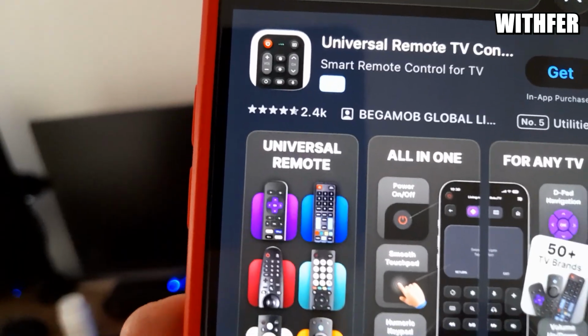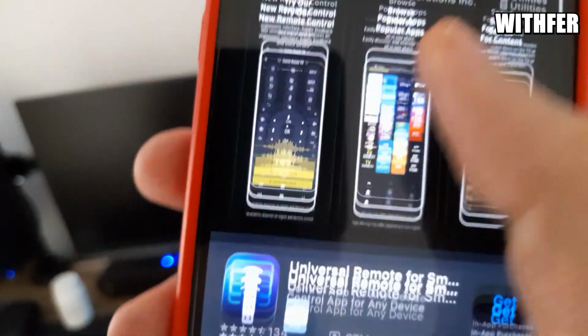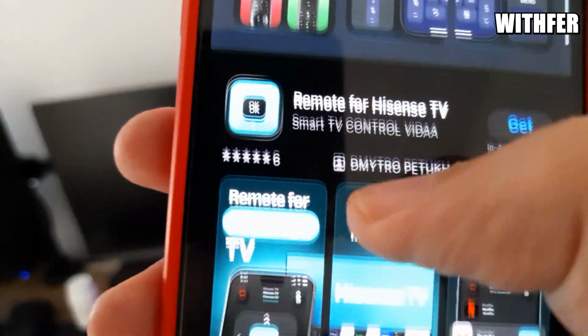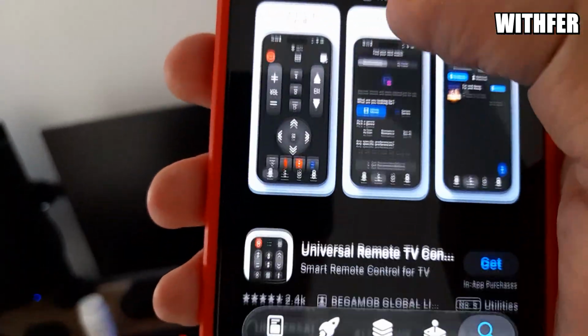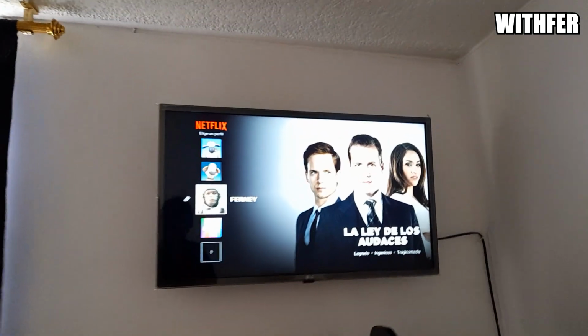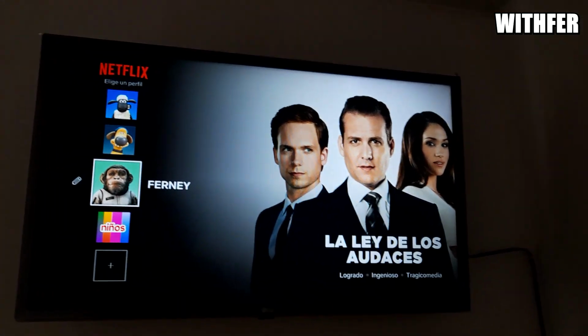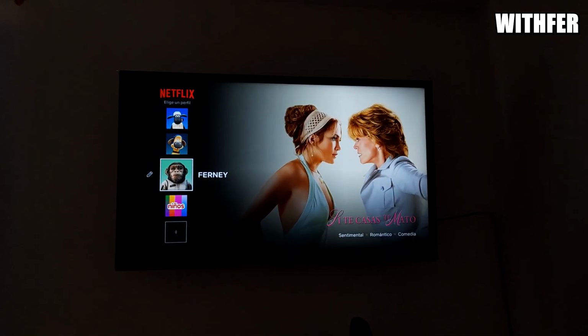These have a lot of positive reviews, 2000 reviews. Or let me show you another one with a lot of reviews. I lost that app, it doesn't matter. A lot of reviews, Universal TV. Now you can find different apps on your Android or your iPhone and use them with your TV. It's the most important thing here and the easiest way.